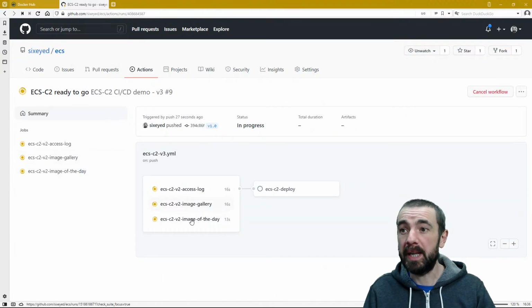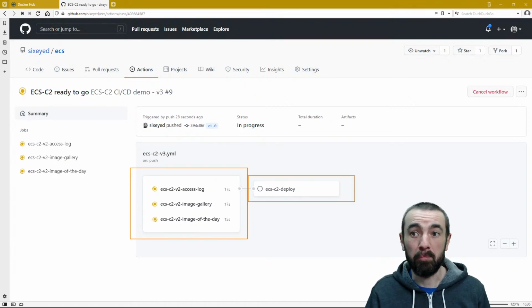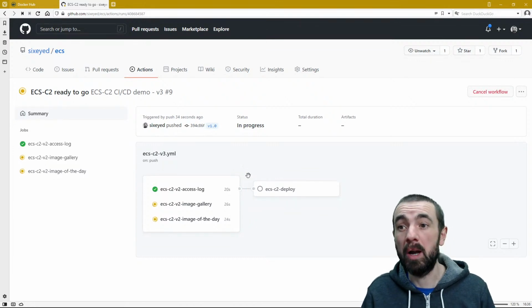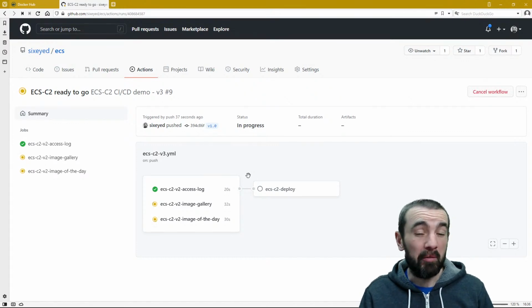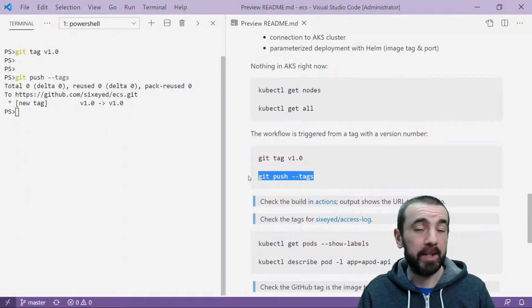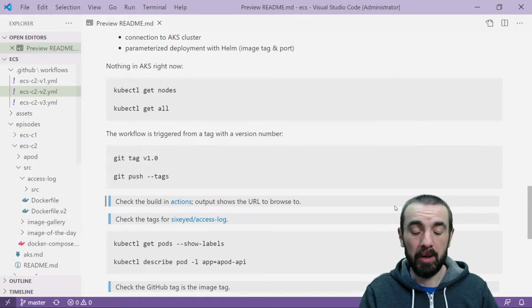So it starts off in the same way. So we can see the nice little visualization here. These 3 are all going to run in parallel. And when they're done, we're going to get to the ECS-C2 deploy. Those earlier stages are using the cache again, so they shouldn't take too long, apart from the Java. So the node one just completed in 20 seconds. The Java one will take a couple of minutes because it does whatever it's doing to connect to Maven all the time. And now if I go and check what's going on in my Helm repo, in my Helm chart,